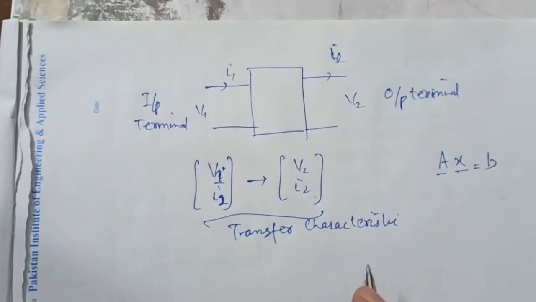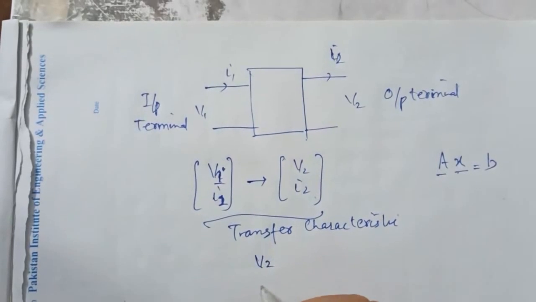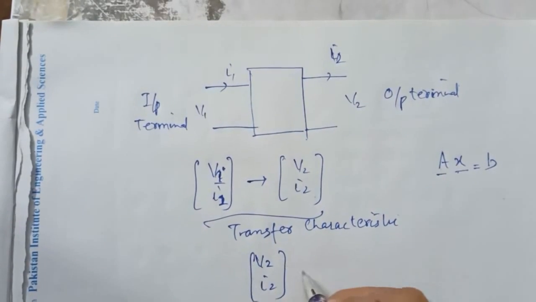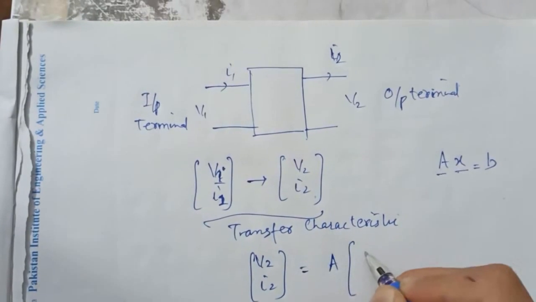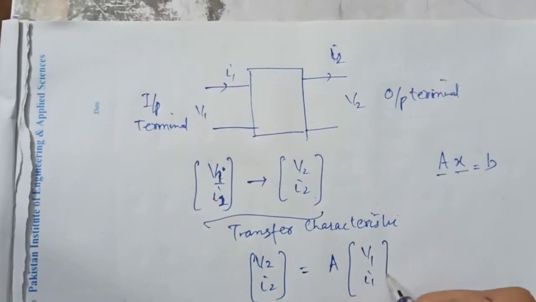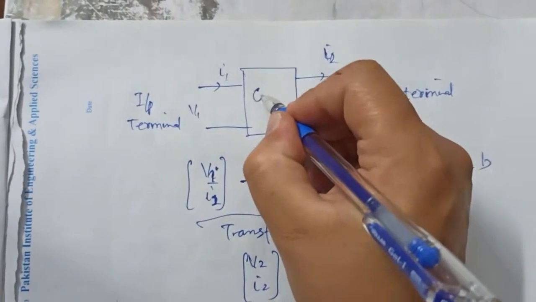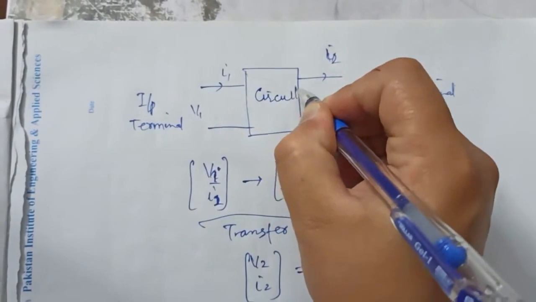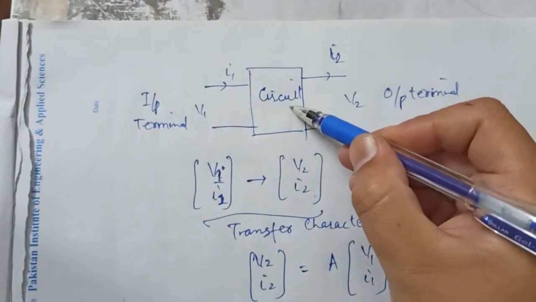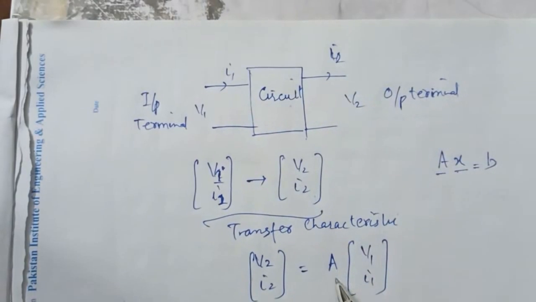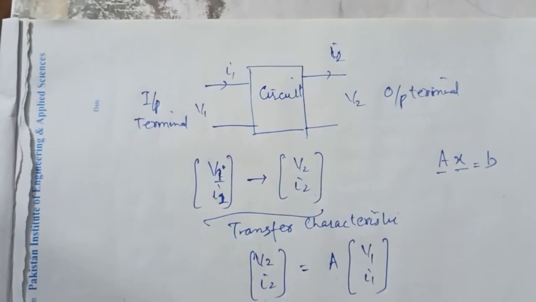So in this case we can say that V2, I2 is A times V1, I1. So this circuit has some transfer characteristics given by A which convert this input V1, I1 to V2, I2. Okay, now